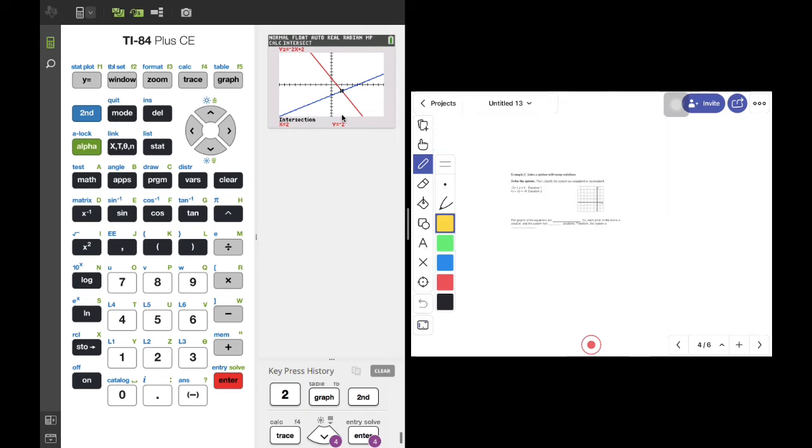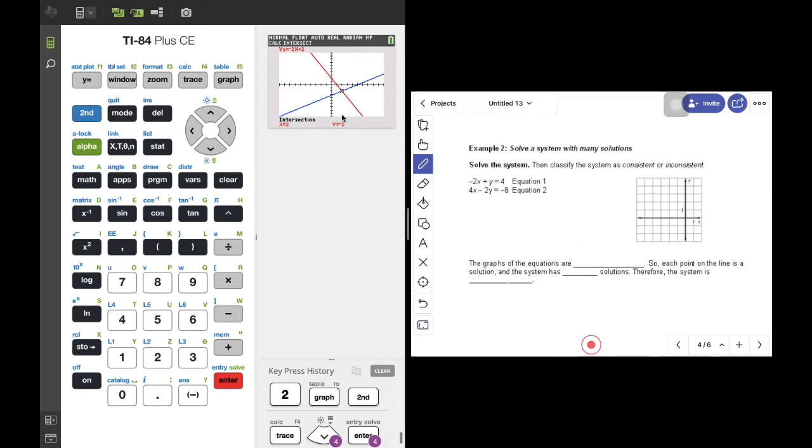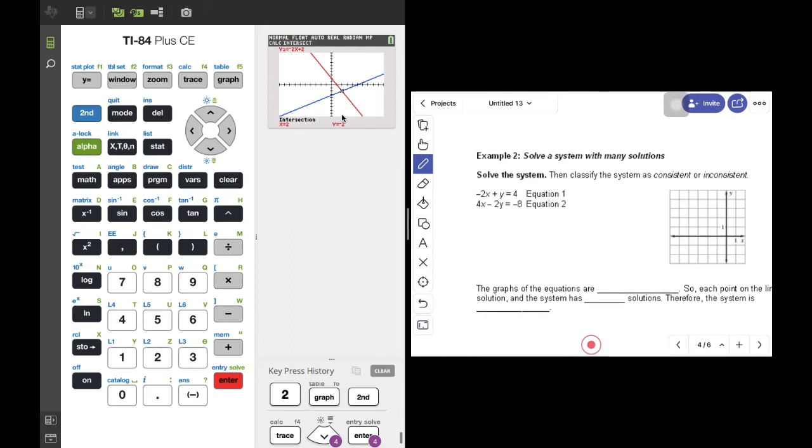So here in example 2, they're asking us to solve the system and then classify the system as consistent or inconsistent. So again, I noticed that these equations are in standard form, so we could take some time to plot those x and y intercepts to estimate the solution if there is one. So equation 1, I'll go ahead and do some scratch work with that one down here. Actually, now that I look at it again,